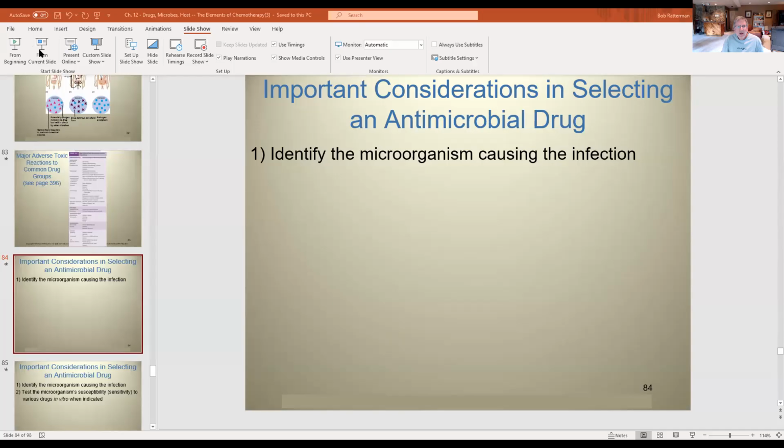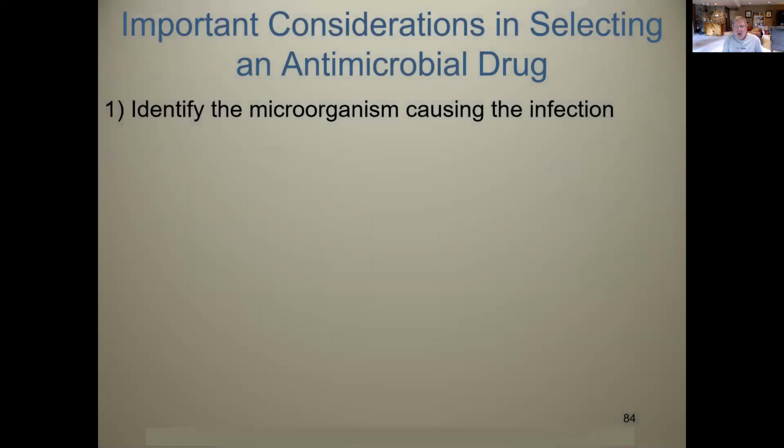Okay, guys, we just have one final section in chapter 12 to discuss, which is the process of selecting an antimicrobial drug. And some of the things we need to be thinking about as we go to select a given type of antibiotic. And I think it goes without saying that you have to have some idea of what the microbe is